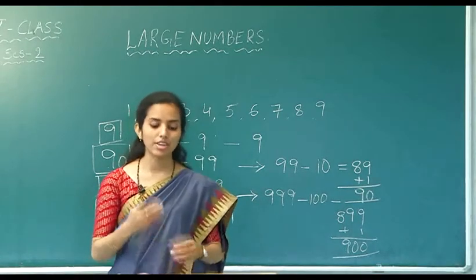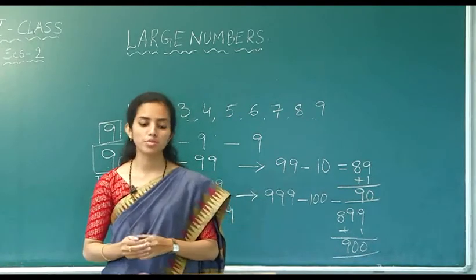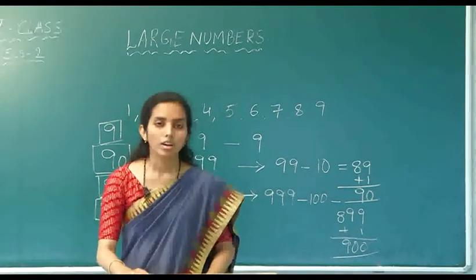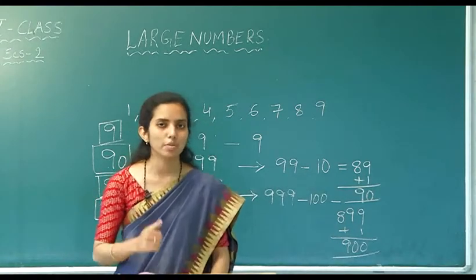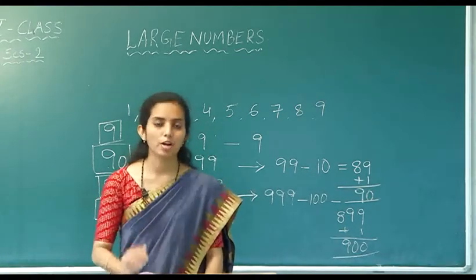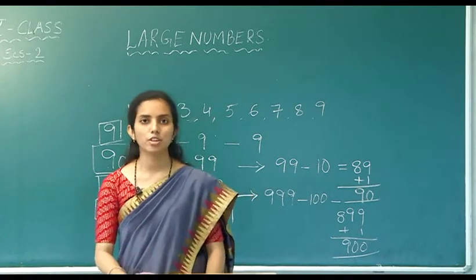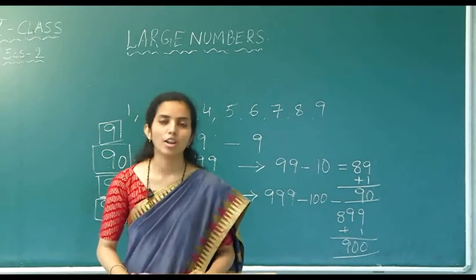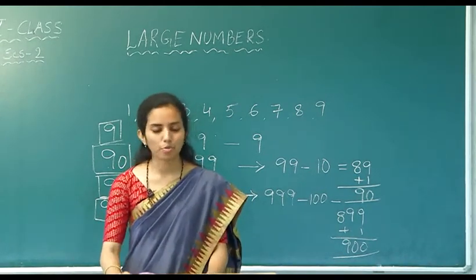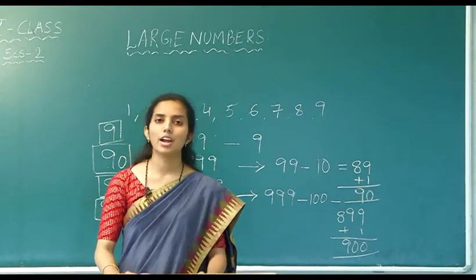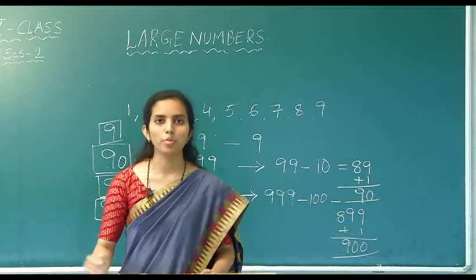So after this, we are given exercise number 1. The first exercise problems are all about our previous topics. For example, 7-digit numbers expansion form, 7-digit number names, 8-digit number names, 8-digit expansion form. In that way they are given. For your understanding, I will do one problem and the remaining problems will be your homework and for your practice. So let us see the first problem now.